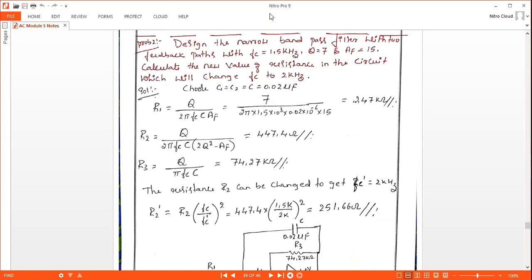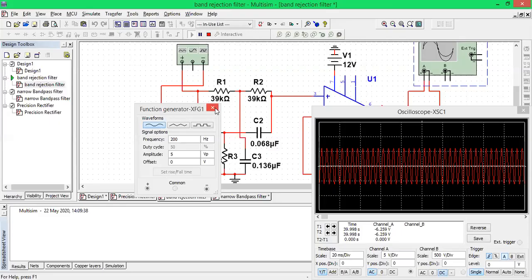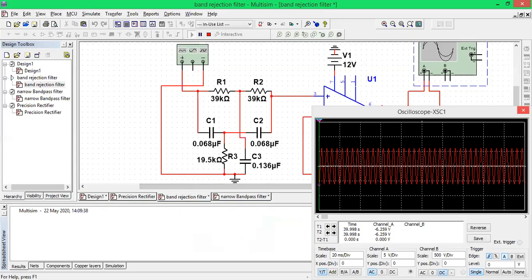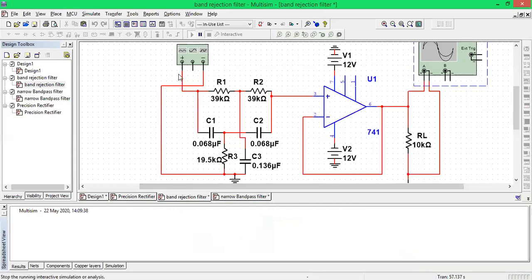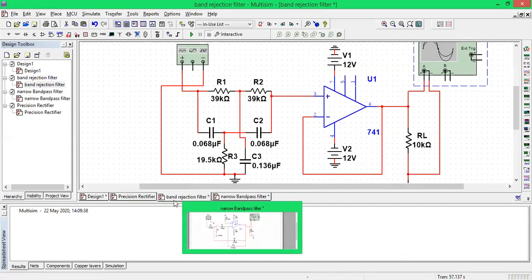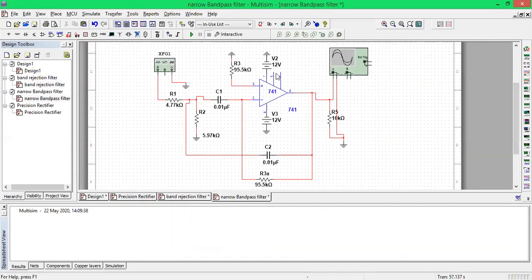Let me go to Multisim here. I will open that experiment. Let me close the previous one. So this is the narrow band pass filter.